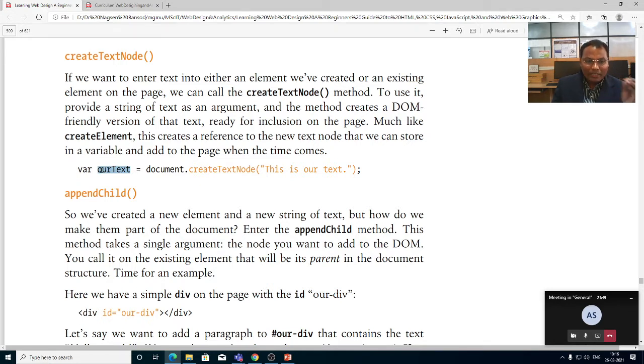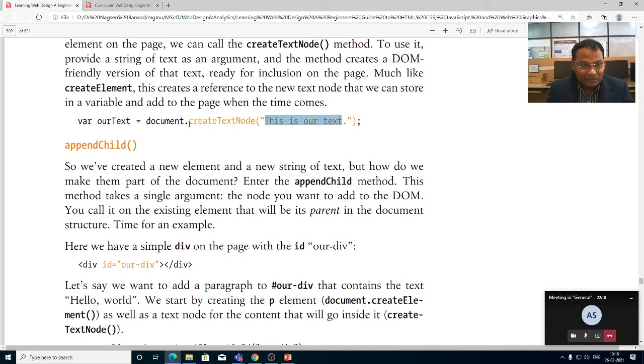To this outerText we give the value document.createTextNode. Here also we pass the argument, our text, to the document object.